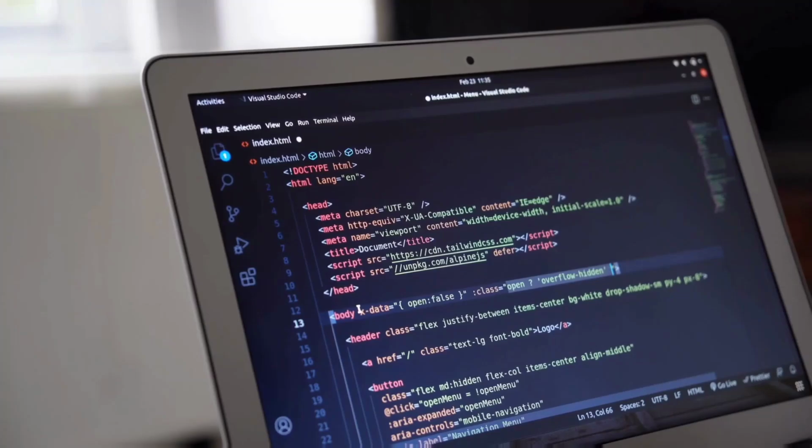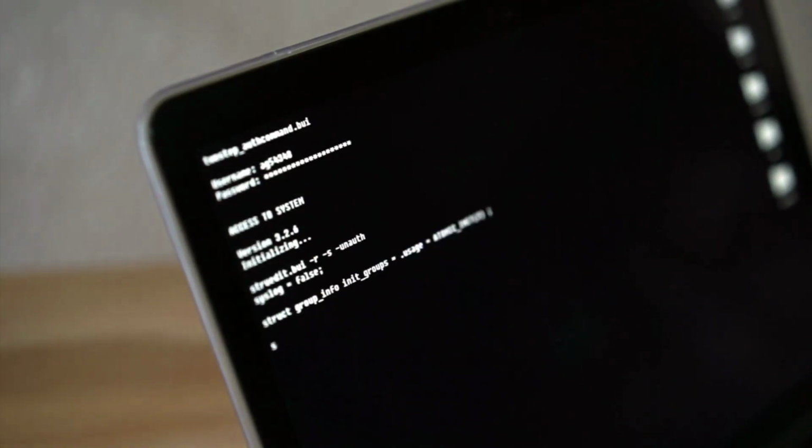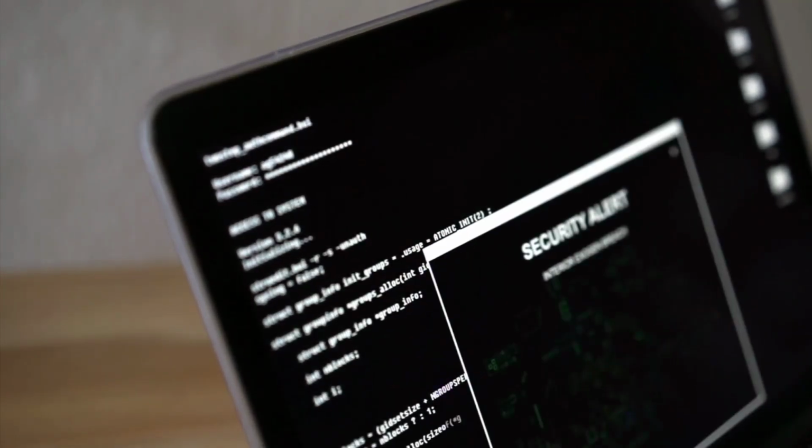By the end of this video, you'll have a solid understanding of these fundamental concepts and be able to apply them in your own project. So, let's start with the basics. A control flow graph is a graphical representation of the flow of control within a program. It consists of nodes representing statements or blocks of code connected by edges that represent the possible paths of execution